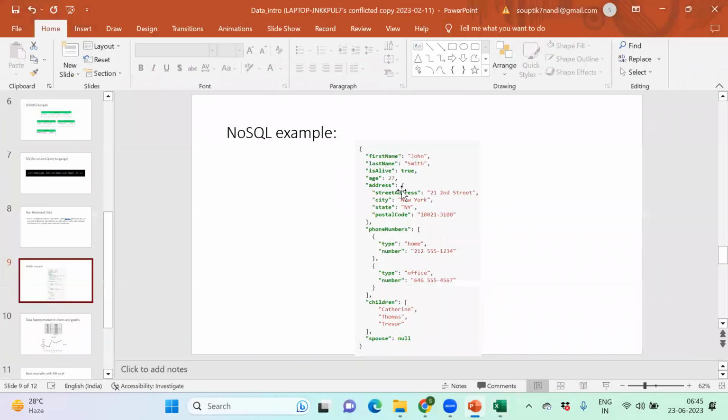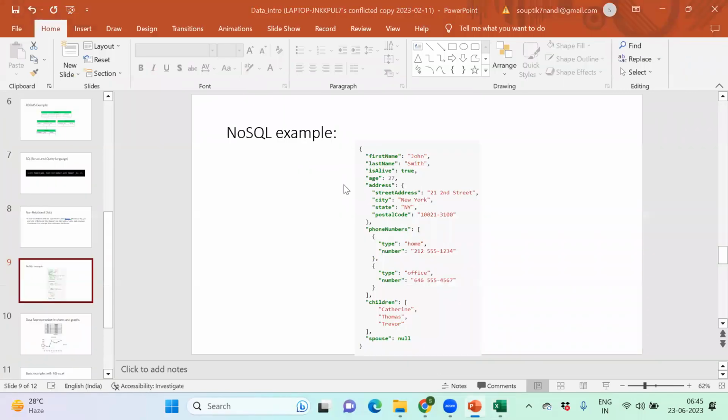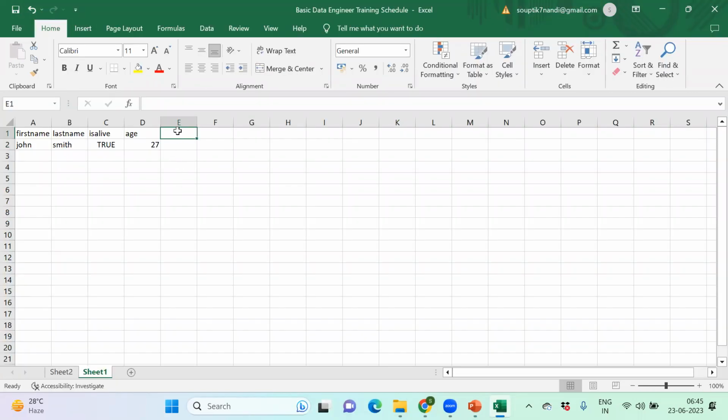If we try to convert this, we need to maintain it in this way. We cannot maintain the hierarchical structure in a relational database. We directly have to put it in this manner: street address, city. Or I can put it this way: the parent field name is address, so I maintain address underscore street address, address underscore city.